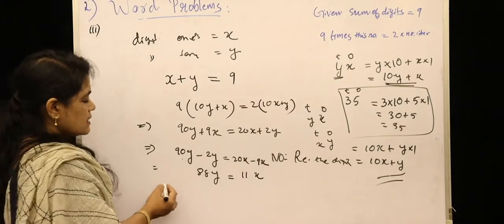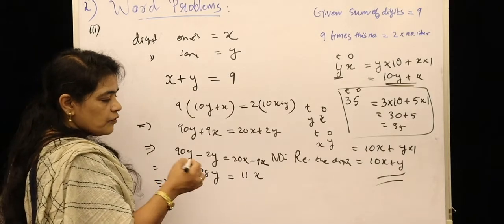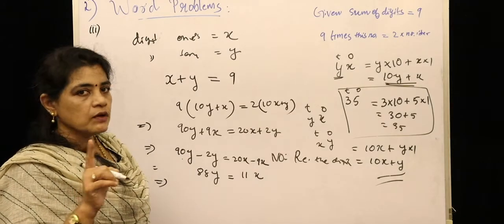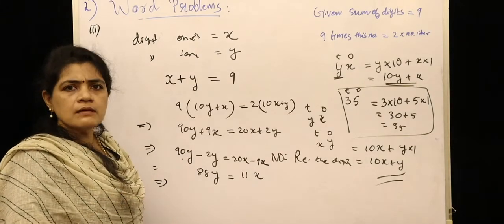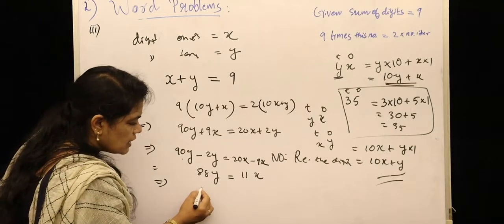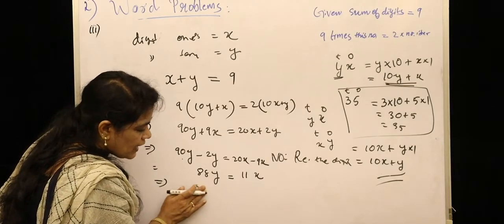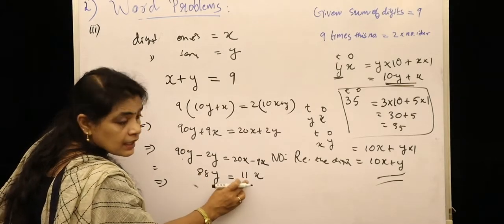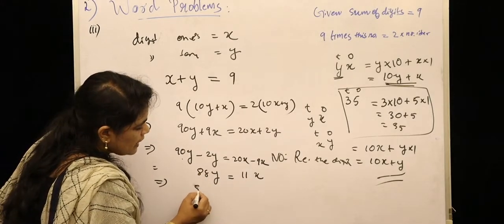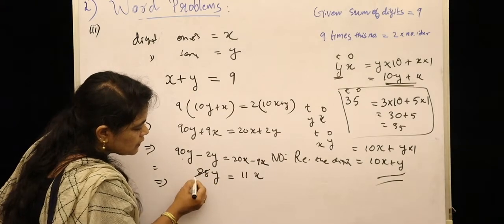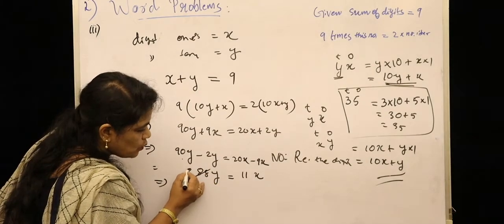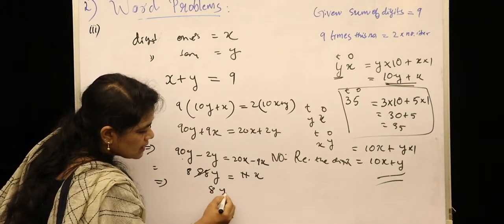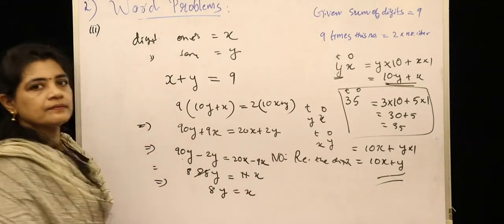Next step, if we are using the elimination method, you should get two equations, right? If RHS is 0, it doesn't matter. So I am writing here. Before that you can simplify. See children, 88y and 11x. From this you can reduce with 11. That is 8y and x. That is, you now have 8y is equal to x.